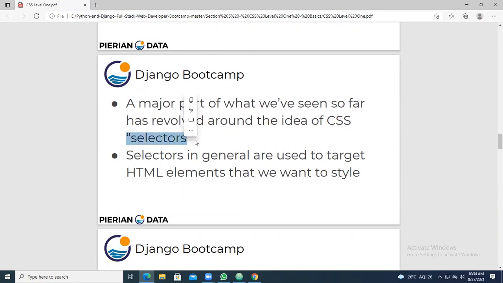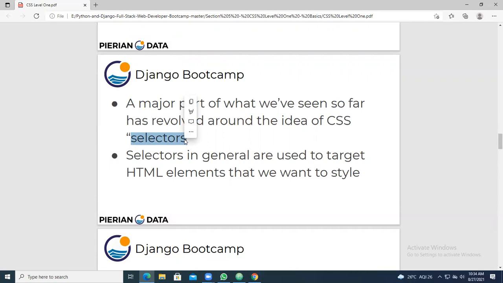Till now, we have given styles only for the tags. For the H1 tag, this is the style. For the paragraph P tag, this is the style. For divisions, this is the style. Now we have to select different paragraphs with different font colors: paragraph 1, paragraph 2, paragraph 3. Till now, for all the paragraphs, you could have only one color.